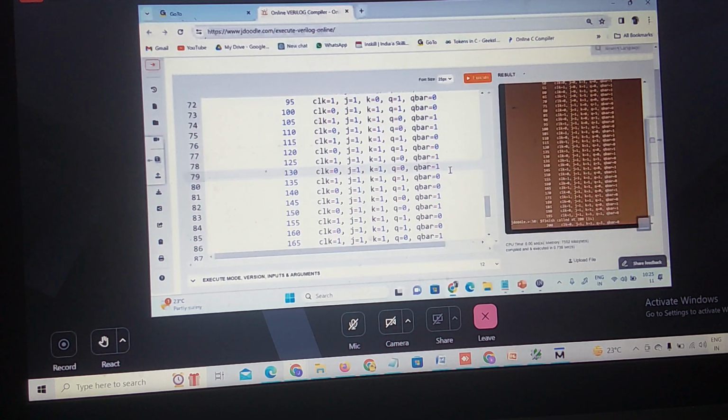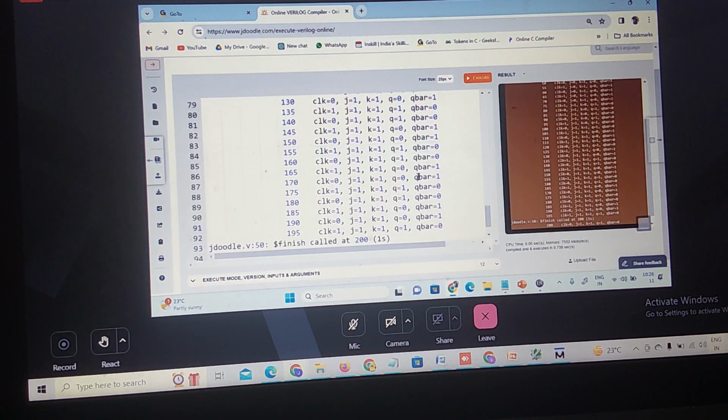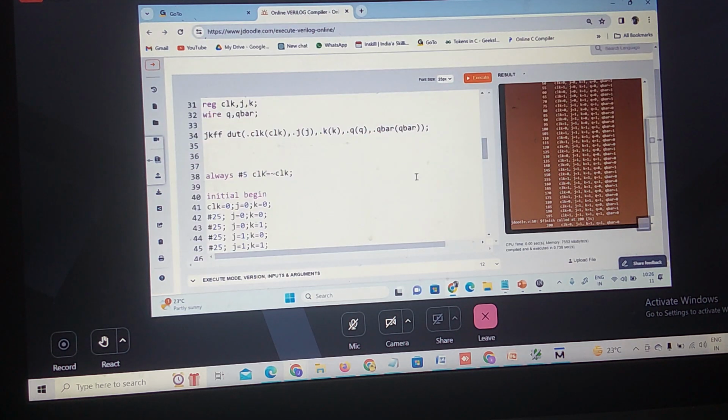So in my case here, I am monitoring this. This is a rising edge, correct? Whenever the clock changes from 0 to 1. Again, the next rising edge comes here. At this rising edge, what are the inputs? J0, K0: memory state. J0, K1: reset state. J1, K0: set state. J1, K1: toggling operation. Did you understand this? Now I think from this, you can easily model the